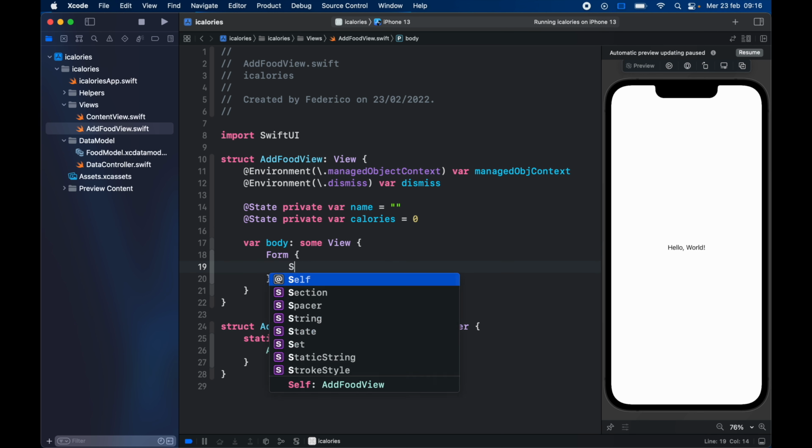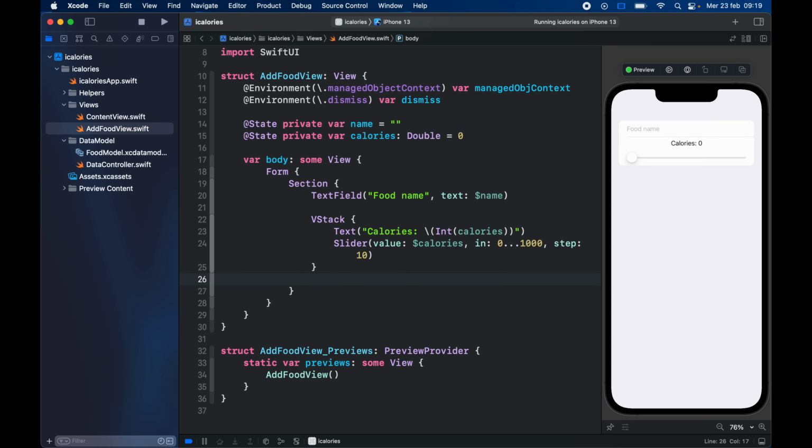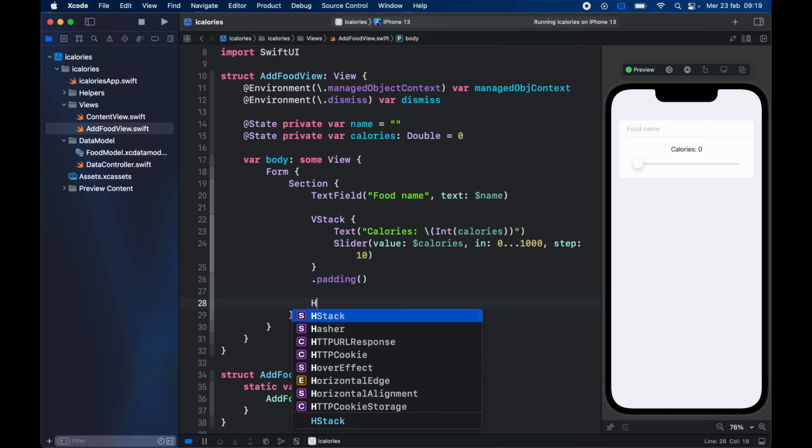So right below the VStack, which we will also add some padding to, we're going to go ahead and add an HStack. And it's going to take a spacer, and we're going to use 2 of these. So let's create another one so we can center the button. And inside here we'll type in button,